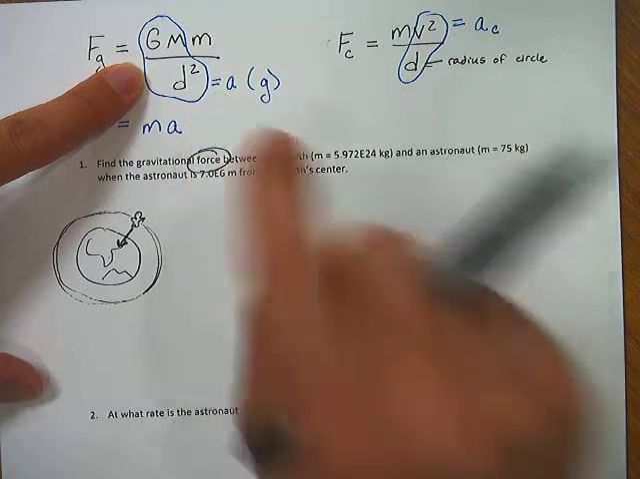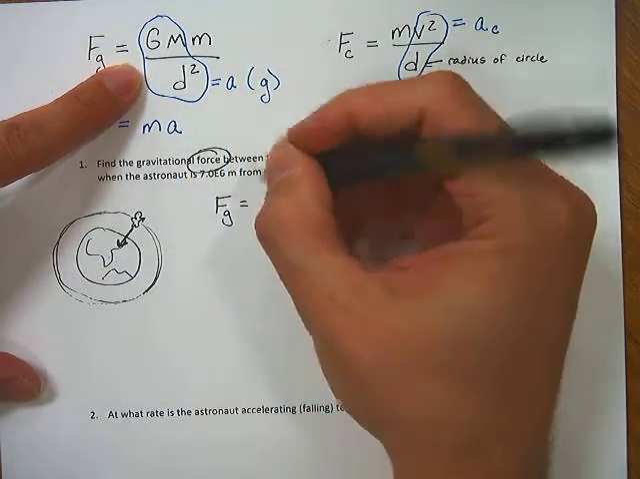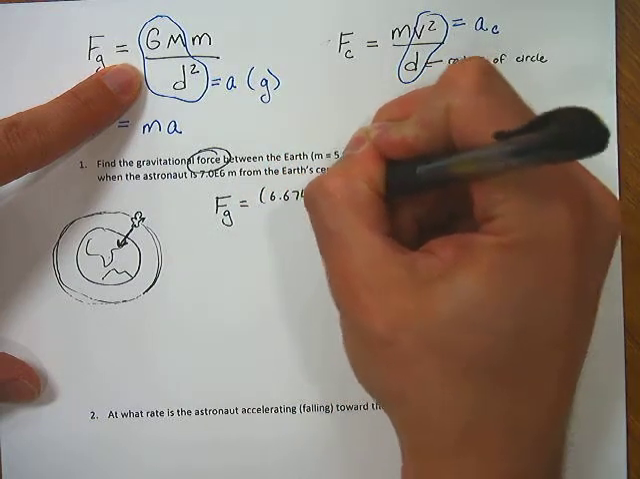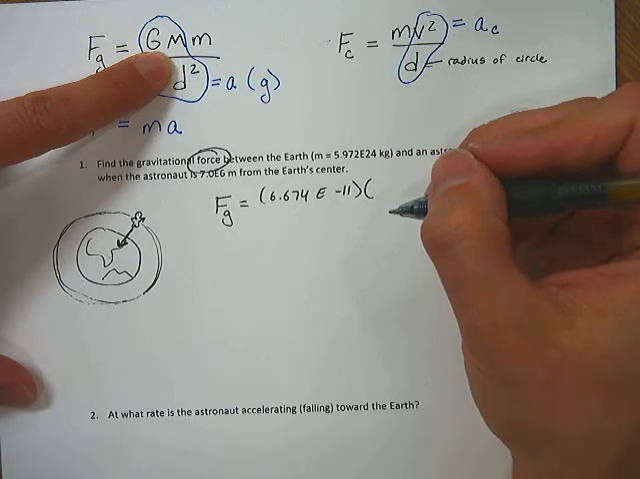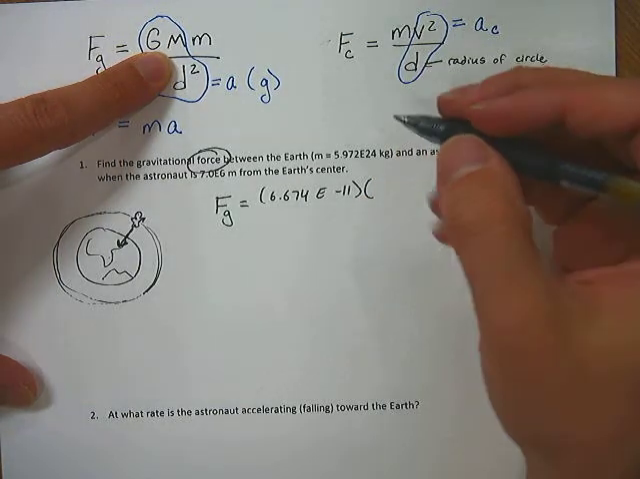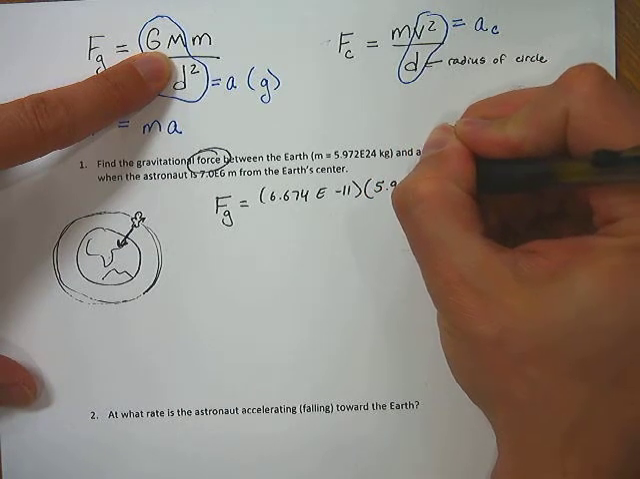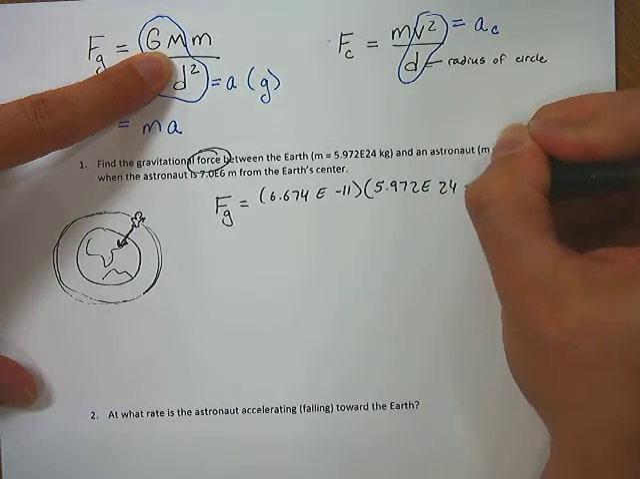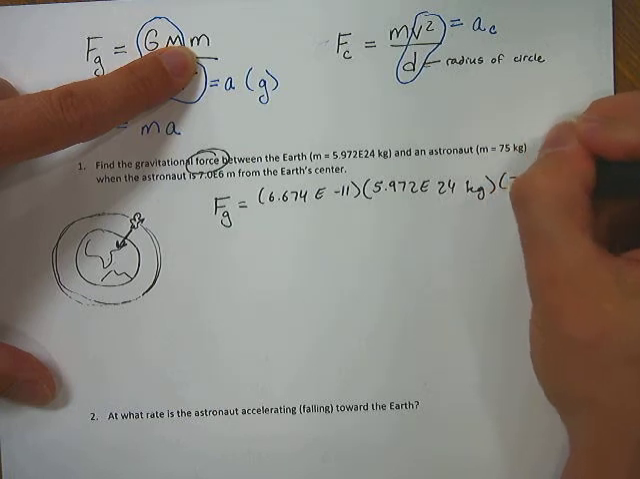If I look at this equation over here, I'm stuck, because I don't know what V is, so I can't plug in for V. So I come over here, I actually know what to plug in on this side, so this must be the equation to use. So the force of gravity is the constant G, 6.674 E negative 11, times the mass of one of the two objects. Typically we put the bigger mass here for capital M,